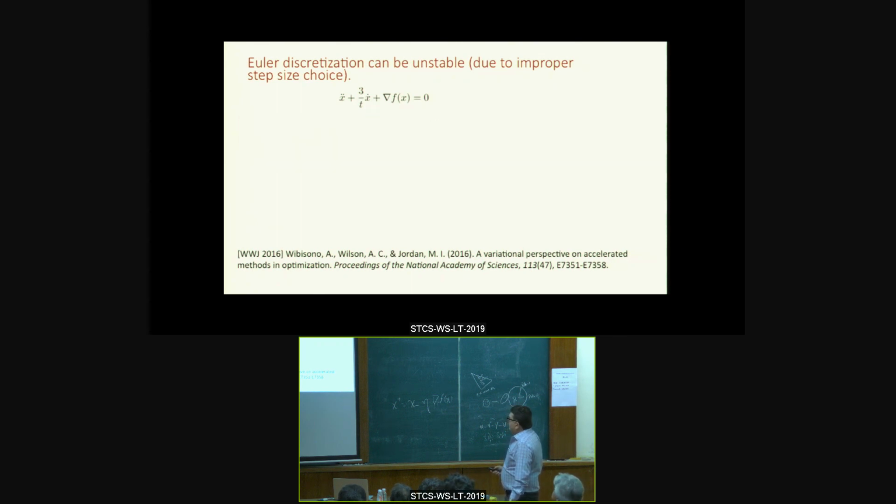So this paper is a very nice paper by Andre Wibisono, who was actually a student of Michael Jordan and Pulkit's postdoc, and Ashia Wilson, called A Variational Perspective on